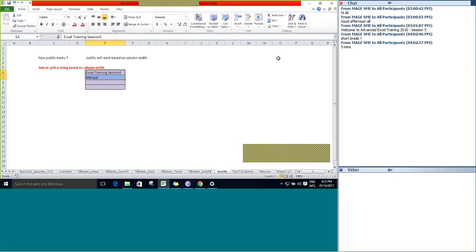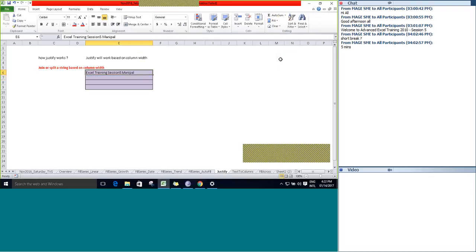How is it joined? Based on the column width, it will try to accommodate the cell values. If I again increase this column width, let's see what happens. Go to fill and click on justify.